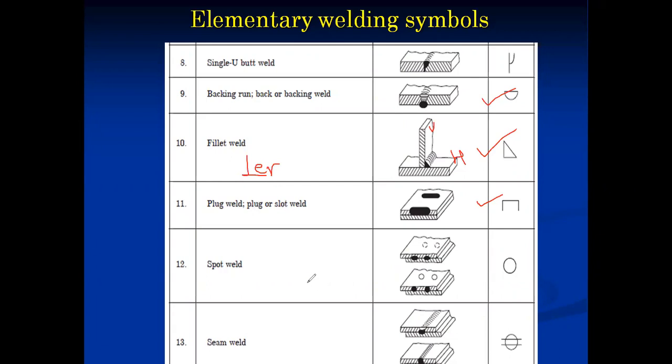Spot, the name itself is giving spot. What is spot weld? Two plates are kept over to each other and spots are made. And here seam weld. Two plates are kept over to each other and one wheel is transferred on the surface so that it will form the welding. So spot weld and seam weld are almost the same. In case of spot weld, different spots are given. Here you can observe one of the spots.